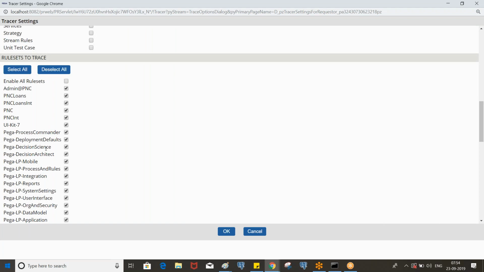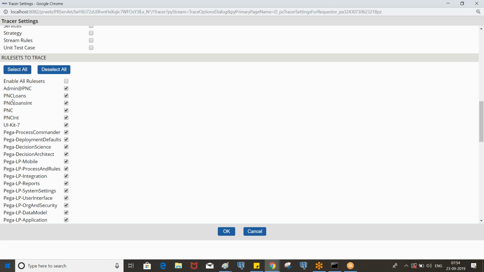Okay, so all of the out-of-the-box Pega rules are available in Pega rule sets, and our rules will be available in our rule sets. So now currently we are tracing our rules, so we don't need to enable out-of-the-box rule sets. Even if we enable, nothing will happen, but a lot of rules will be executed. So when you click on the submit button, or when you launch the flow, multiple steps, thousands of steps, will be traced, because internally those related rules will be executed and those will be traced. In some cases, let's say if you want to trace out-of-the-box rules, how they are processing and all, we can enable it.